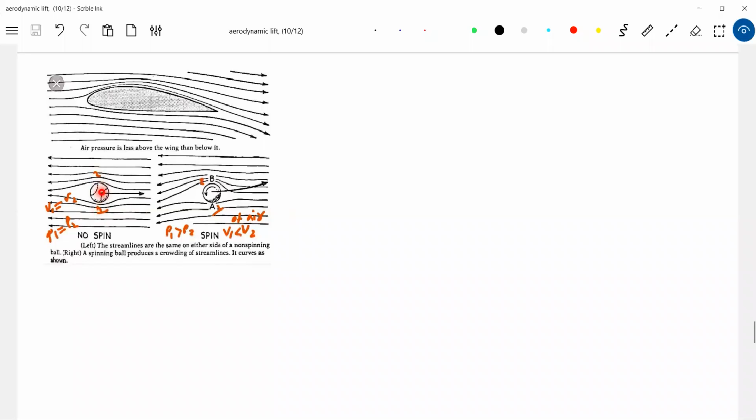So why not the Magnus force here? Are you getting it? No? You can ask questions. So why not Magnus force? Let's talk about this particular volume of air. It was having some pressure P naught and kinetic energy K naught. By the time it arrives here, this surface of the ball will retard it. So the kinetic energy will decrease and the pressure energy should increase. Similarly, the upper surface also will retard the air by the same amount. Here also kinetic energy decreases, pressure increases. But the net force will be zero. So therefore, there won't be a Magnus effect.